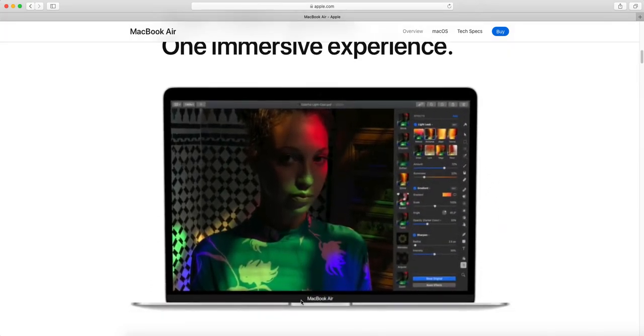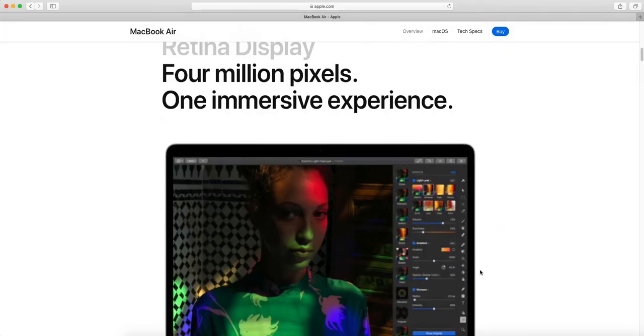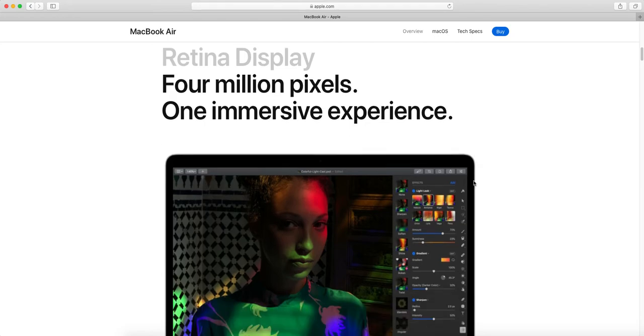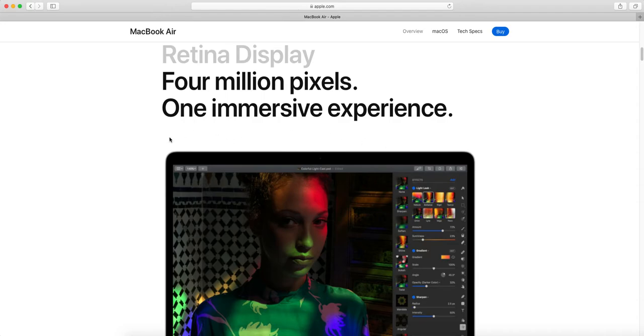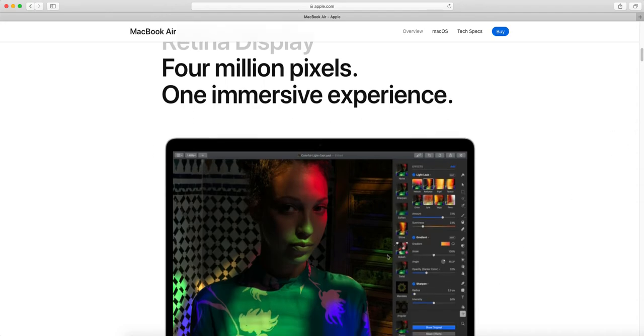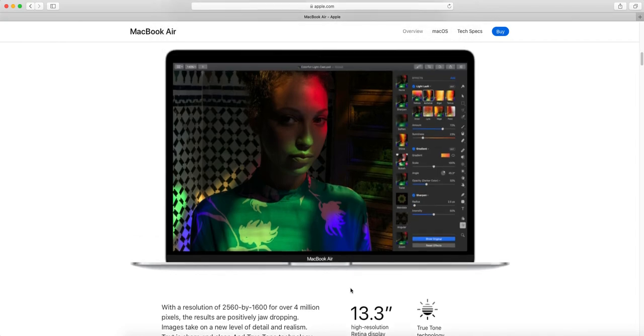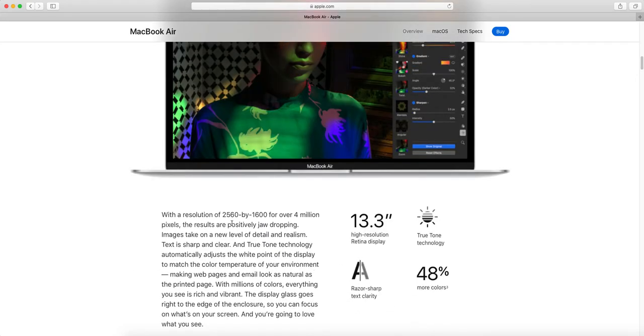So it is a Retina display. It's a crazy display. It has 4 million pixels, and I believe it has 221 pixels per inch. This is extremely good. Like, it's really crisp. The contrast ratio is amazing, and I can't say anything else about this. It's crazy good. And yeah, with the resolution of 2560 by 1600, it's slightly higher than a 1440p